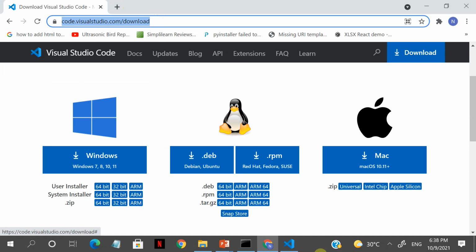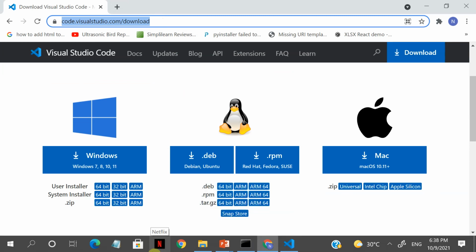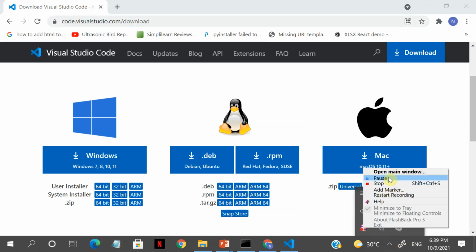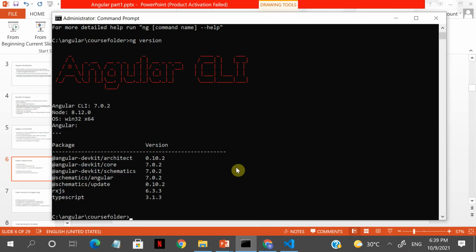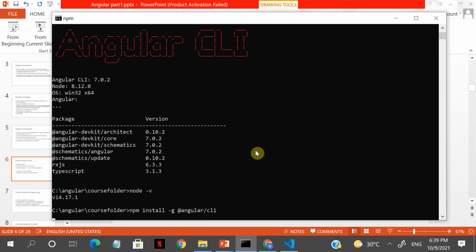The Angular command line interface that you will download this way. Once you install Node.js, it will install the Node package manager, and then you can install this. Let's take a look at how to do that. Once you have your Node.js installed, make sure that you type node -v. I have version 14. So you have to type this command, okay. You have to say npm install -g @angular/cli. In my case, I have Angular installed, but it will reinstall the CLI if there are any updates, okay.